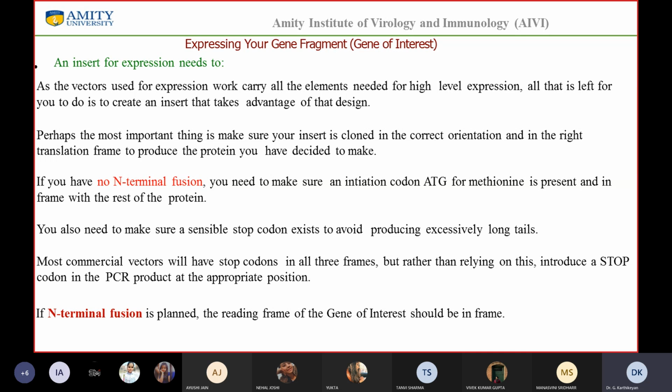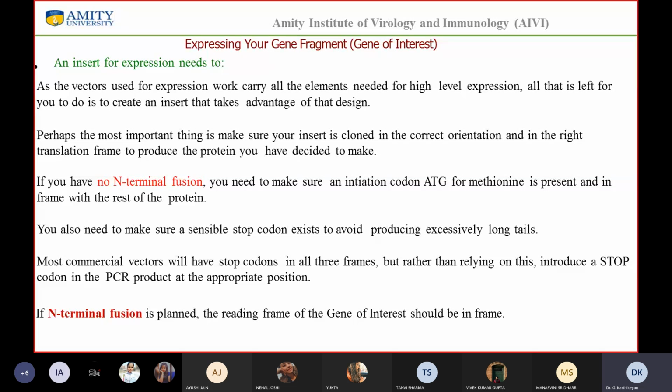And then there are people who are new to the field of protein purification. They would like to take advantage of this, so they will try to fuse it with certain proteins so that it becomes easy to purify this protein. Okay. So when you decide that you want to have a fusion protein, the question is,